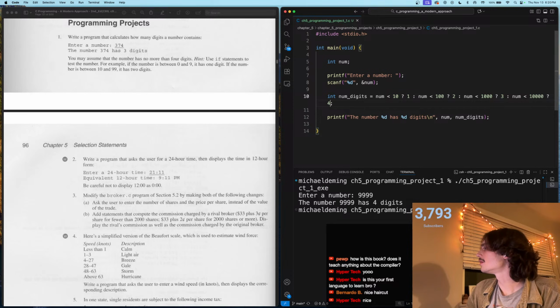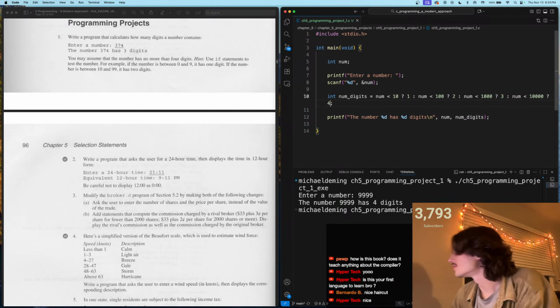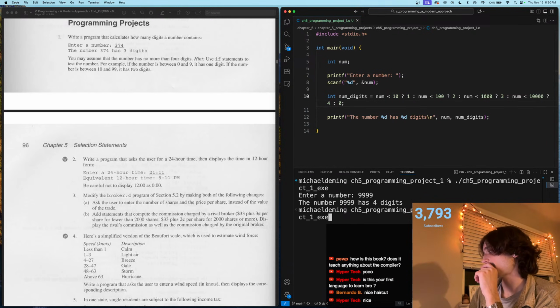If num is less than 1,000, then it's 3. Less than 10,000, then it's 4. Else we'll say 0. I don't know if that's right to say 0, but